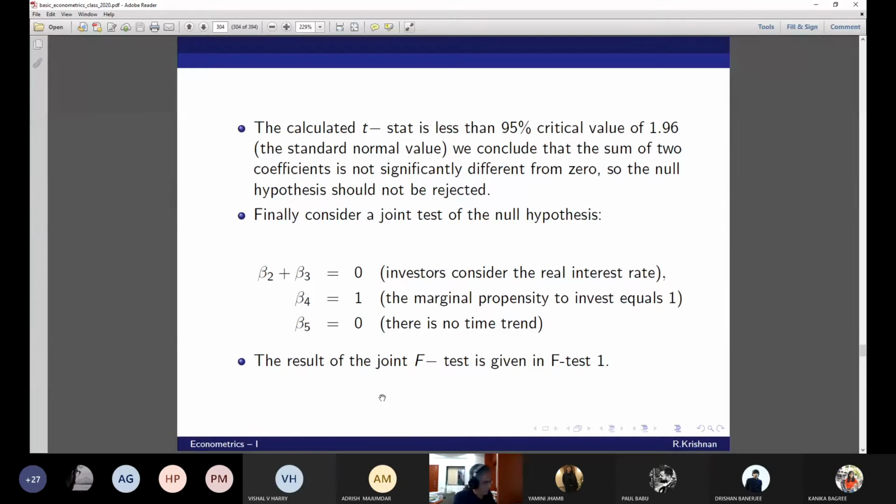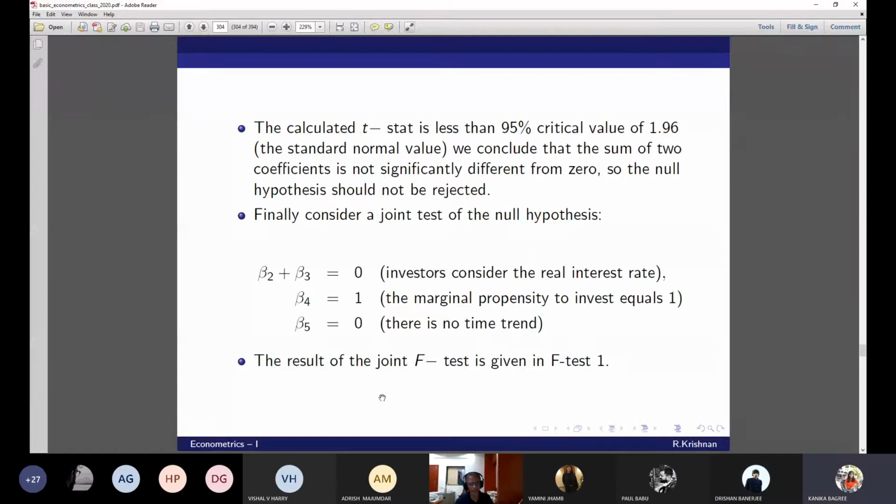Now I'm going to give you an exercise. Can you give me the respective T statistics for all this? It is available there, but can you give me the T stat for all of this? For the first one, what is the T stat? So just root over of the F is T.